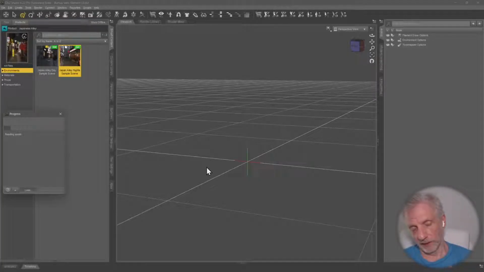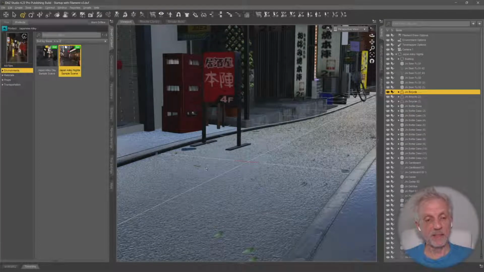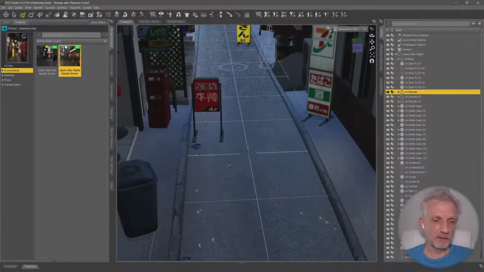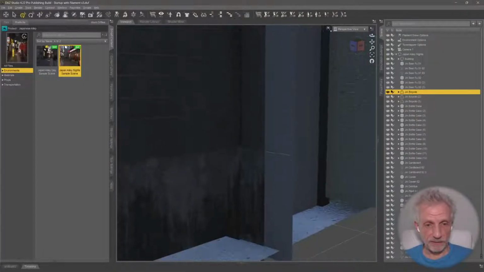So I remember a time, and as you probably know, I'm always working in Filament because I really like Filament as a preview option. Even though in previous years it wasn't quite there yet, it looks like the developers are actually taking care of things under the hood, which is really, really nice. And now Filament